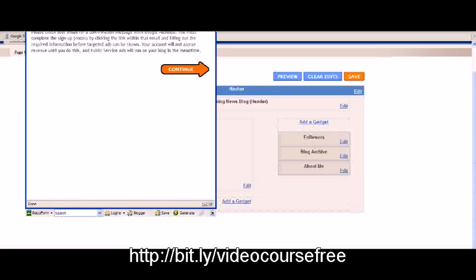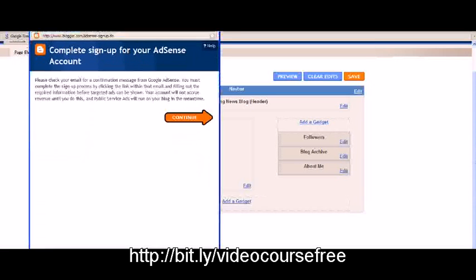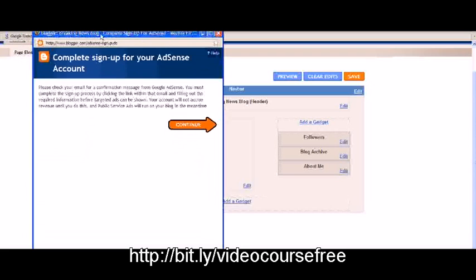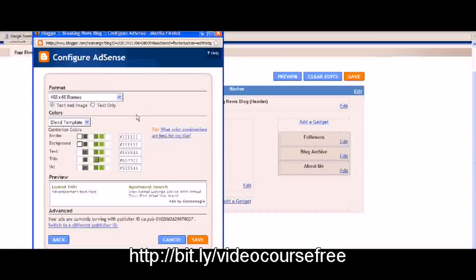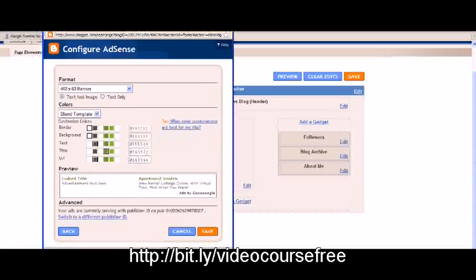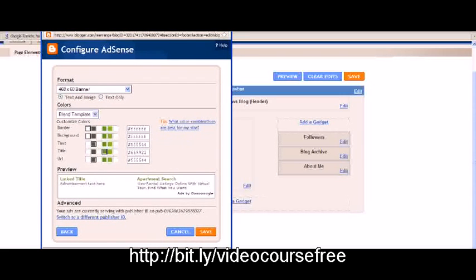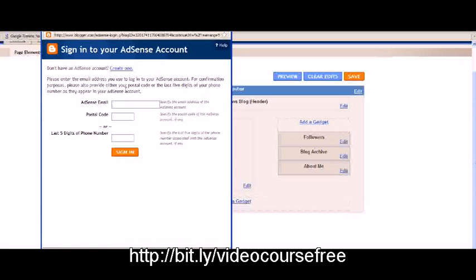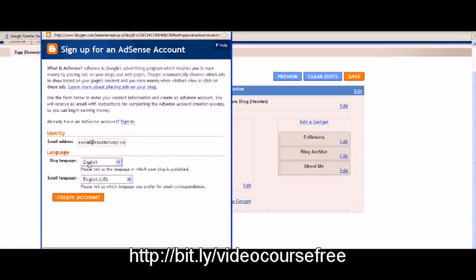And you're going to get a confirmation from Google AdSense to sign up for your account, and so you'll just want to go through that process. Now, since I already have an AdSense account, I am not going to go ahead and show you how to do that, but it's a very automated process. It works very quickly, and it's simple to do. So again, you just go over here to where it would say create an account, and you just input your email and then click on create account, and then you will get the information that you need to start making